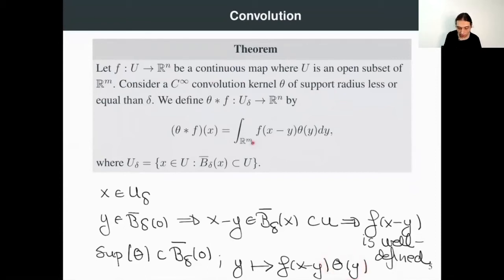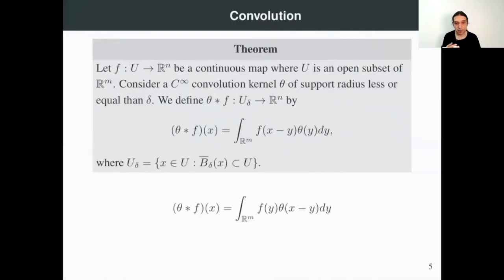So we can consider this integral for every x that belongs to U delta. Okay, so the definition makes sense, and this convolution is defined in this set U delta, which is slightly smaller than U. It's not the whole U, but it's a little bit smaller, right? Okay, we can consider another formula for actually the convolution,